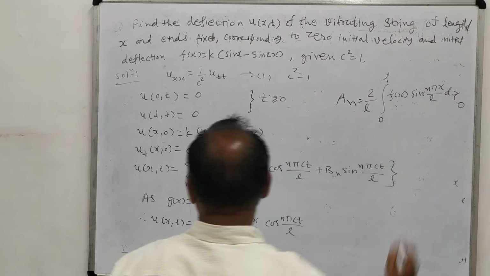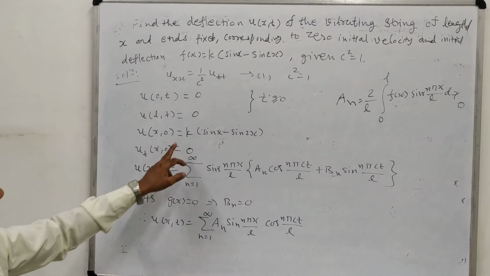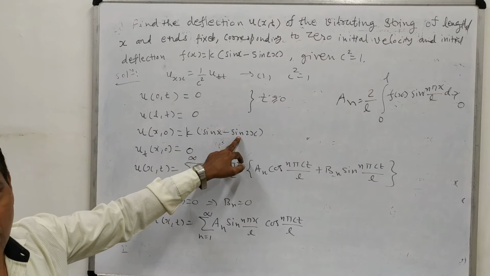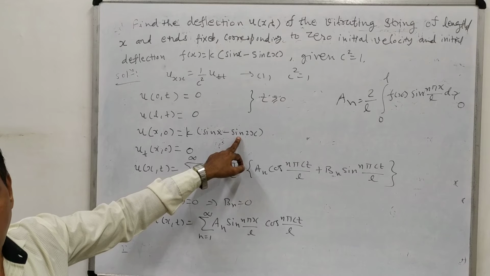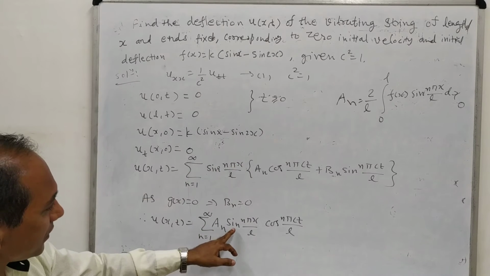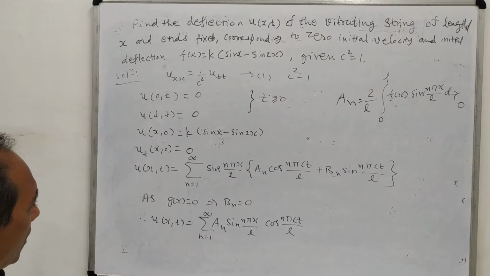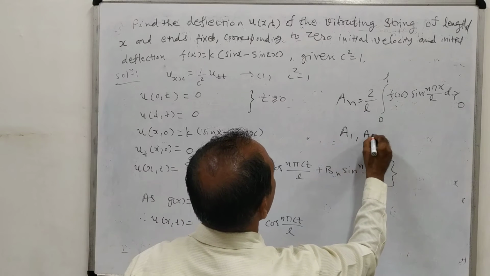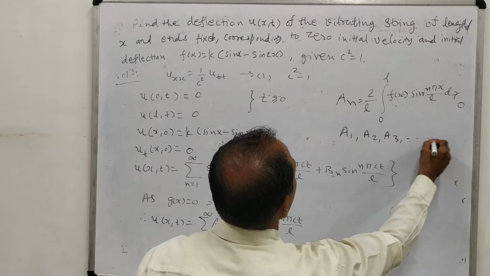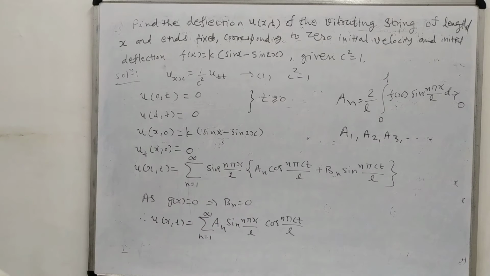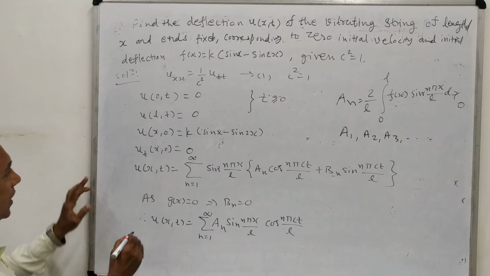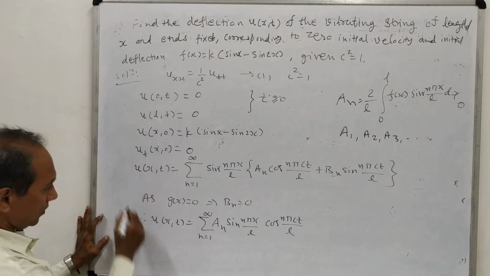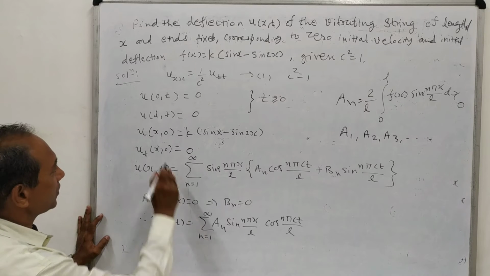But see here, the condition is given in sine form, and the right hand side is also in sine, cos form. So no need to use this kind of integration. We can find out the values of the constants. Here the constants a_n means what we are obtaining, a1, a2, a3, a4, because sigma is there. So using the fourth condition, you should write down here that using u(x, 0)